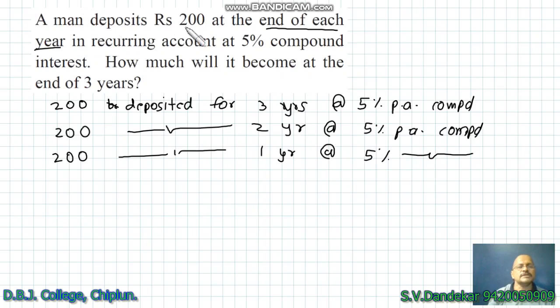So initially 200 rupees deposited, this 200 is there for 3 years, next 200 is there for 2 years, and next is for 1 year, and therefore the total amount